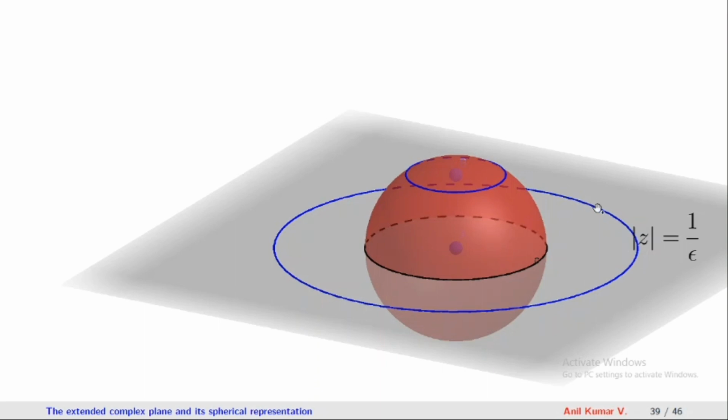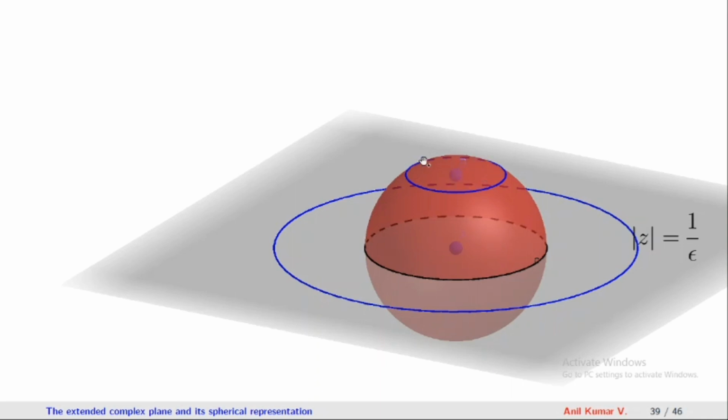This is the circle with center 0 and radius 1 by epsilon. So the epsilon neighborhood of the point infinity is the complement of this blue disk, that is this region together with infinity, and the image of this region under the function psi